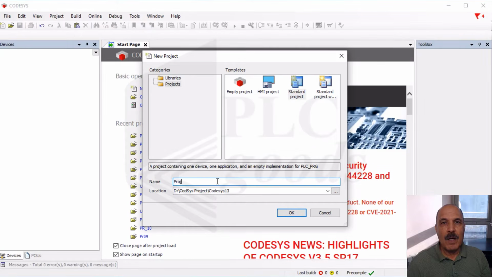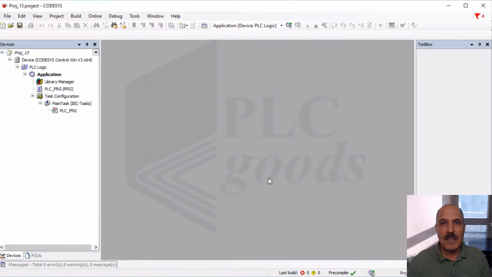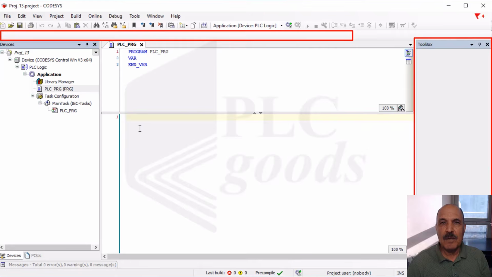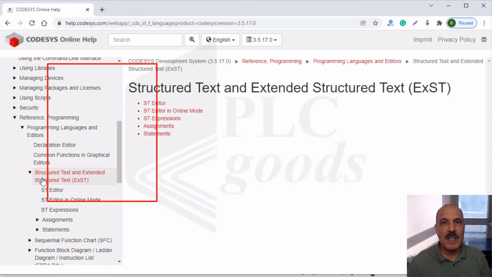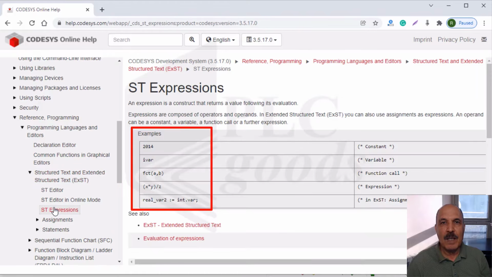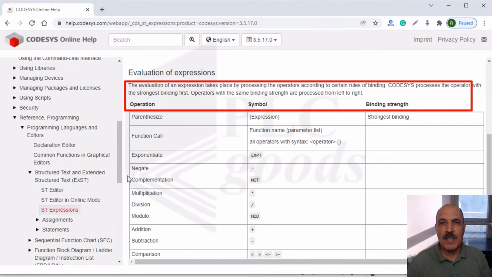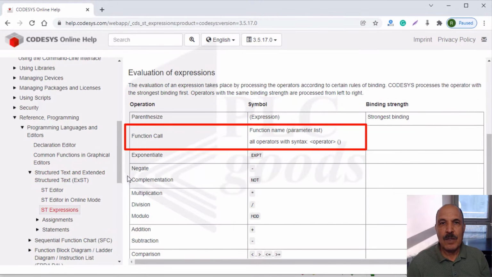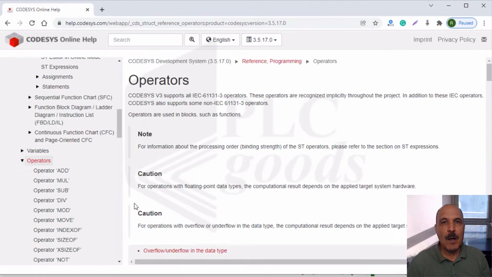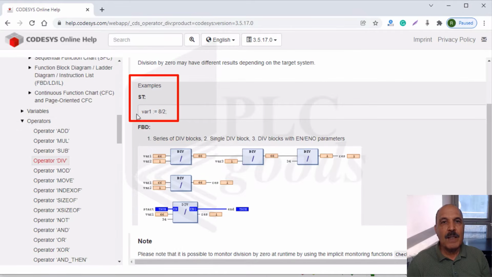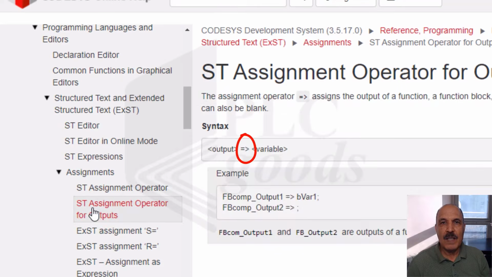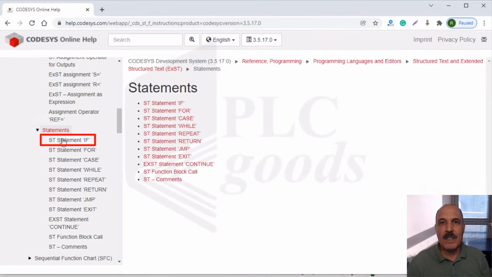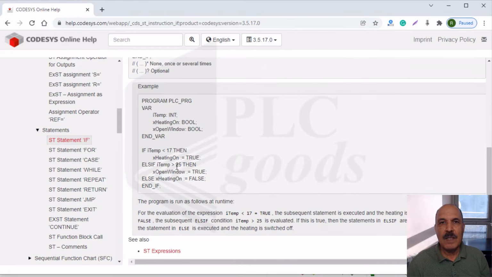Global variables are introduced to facilitate communication between different parts of the program. The ST language's text and elements are explained, highlighting expressions, operators, and assignment operations. The help window serves as a guide for learning ST commands and statements, including the if